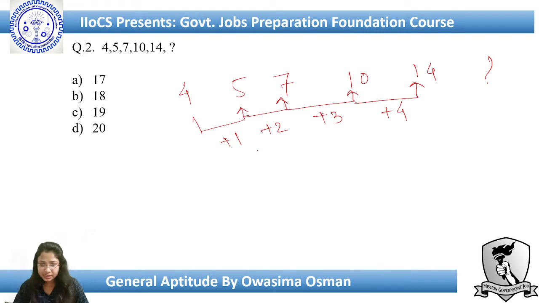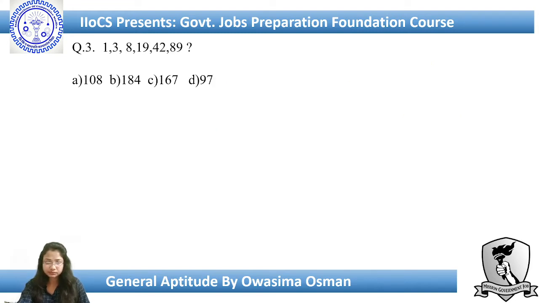So here you can see that the additions for the next terms are in AP series, that is 1, 2, 3, 4. So our required answer will be 14 plus 5, and it will be 19. So our answer will be option C, that is 19. Next,